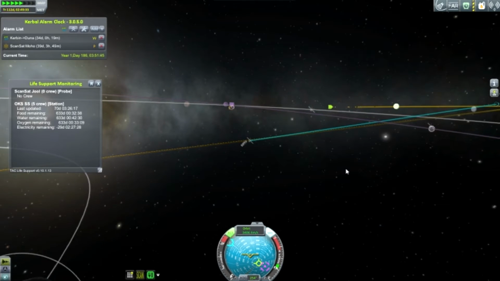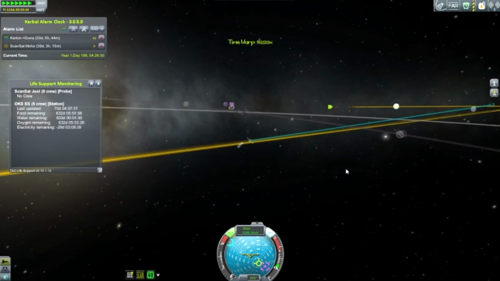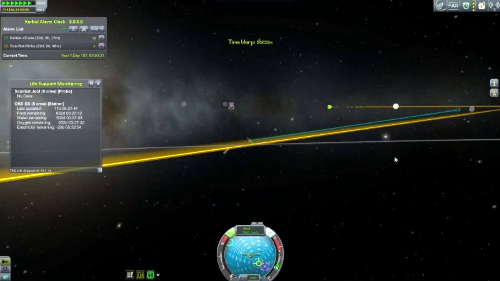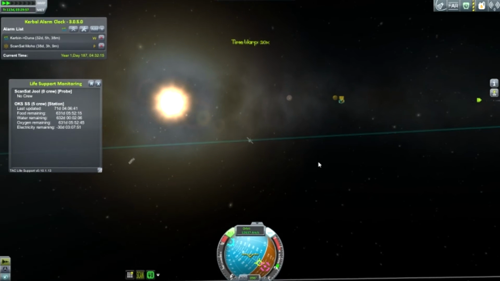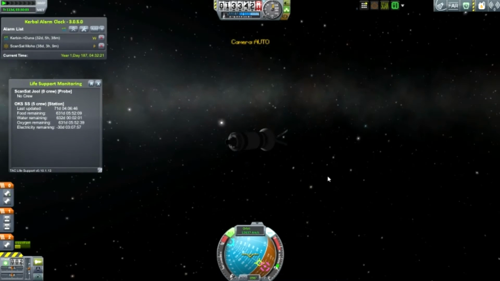I figure the closer we come, the faster we're going to be going, as far as I can tell. I don't know, guys, what I want to do, but we're going to keep fast forwarding. We're just going to get out of the sphere of influence here. And there we go. Okay, we are out of the sphere of influence, and we have a Karbonundum transfer window